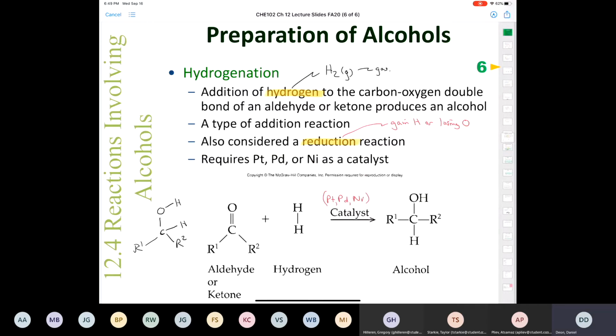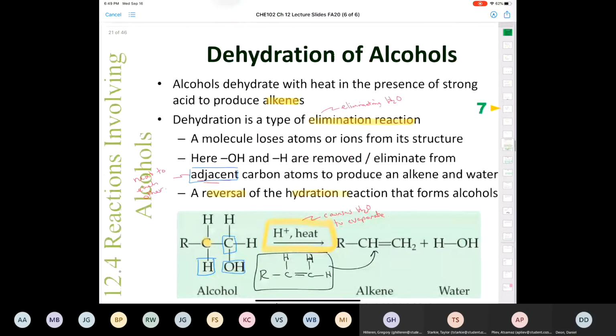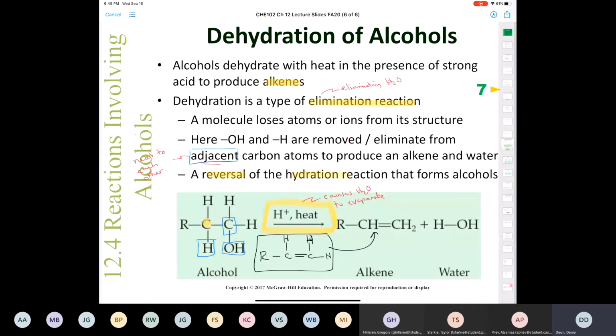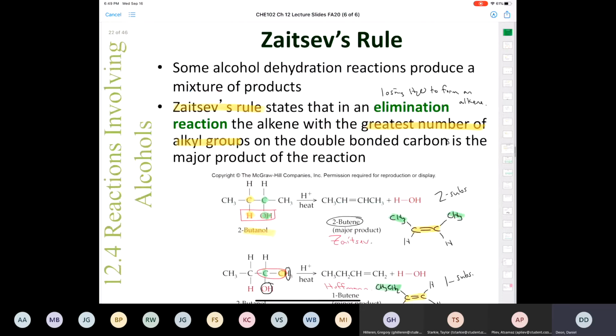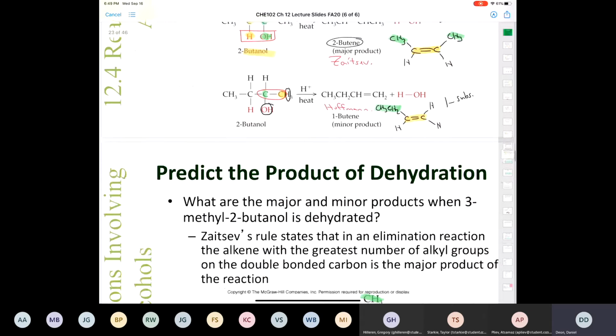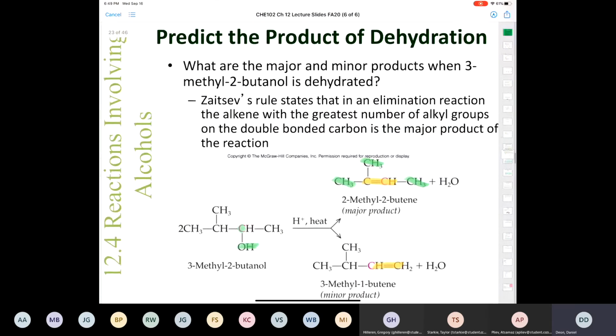Hydrogenation is a reduction reaction because you're adding hydrogen across an aldehyde or a ketone. We looked at a dehydration reaction, and I explained to you what dehydration was and how you need heat to do that. And I explained to you what Zaitsev's rule is. And we looked at Zaitsev's product. Okay, so you should be able to identify the major and minor products when you do an elimination reaction, okay,